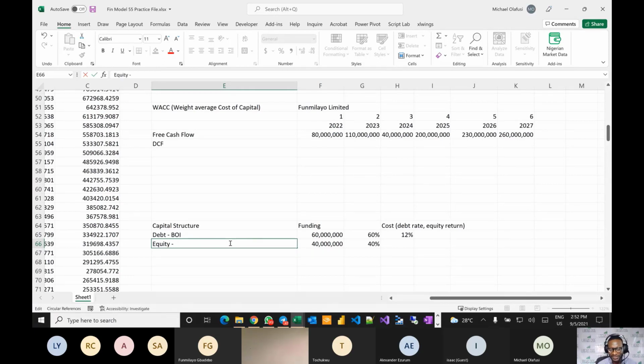So the key thing I want to bring out is why it's enticing to you. It's because you're like, if I put my money in the bank, they give me 10%. Even if I buy shares, I look at the stock market, and it has been going up and down, up and down. I'm never really getting a guaranteed 20%. These guys are going to give me guaranteed 20%, 30%. So I can come and meet you too and say, you know what, we're going to give you guaranteed 30%, 20%. Join us in starting this business, and you become an equity owner. You pool your money with us, okay?